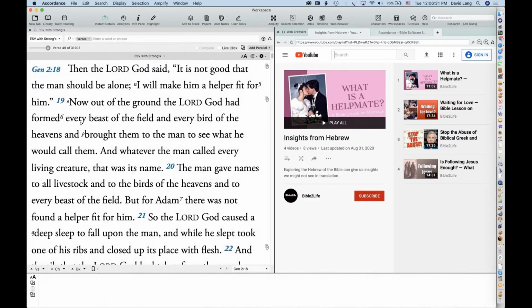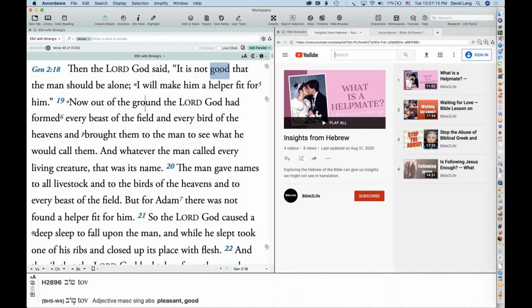So the primary way that I do that is through Accordance's Bible texts that are tagged with Strong's numbers, and these become an entry point into Hebrew for those who can't read the Hebrew, don't know the Hebrew alphabet, and can't read the Hebrew text. But you can hover over a word, and the key English words in the text have been tagged with Strong's numbers, which link to the underlying Greek or Hebrew lexical form.